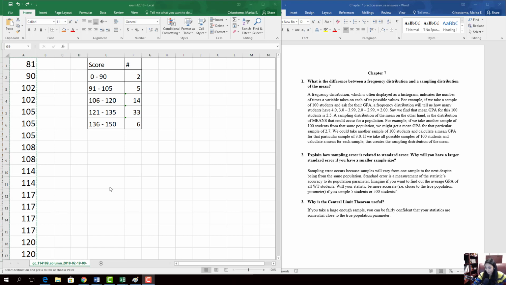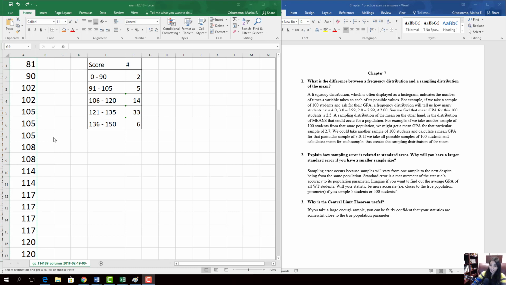of the mean? Well, these are two very different things, and it's important to understand the difference between them, especially because your understanding of the sampling distribution of the mean is necessary for some of the higher statistical tests that we will be discussing. So a frequency distribution indicates the number of times that a variable takes on a certain